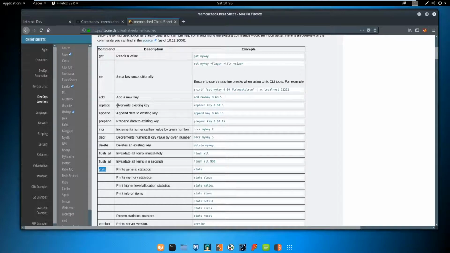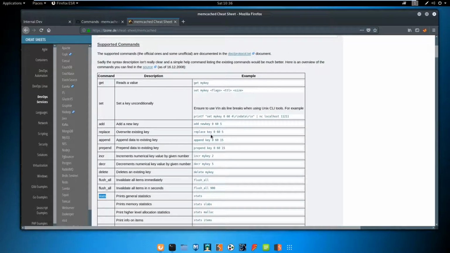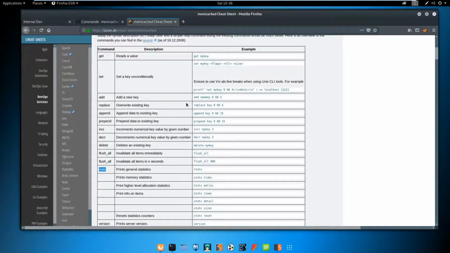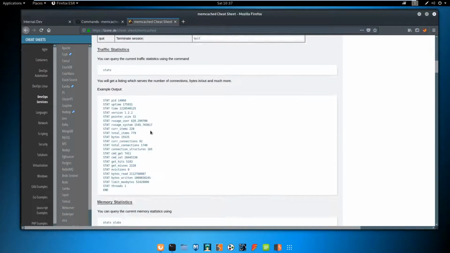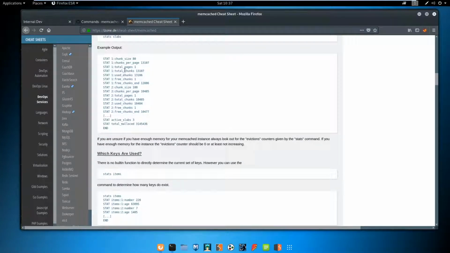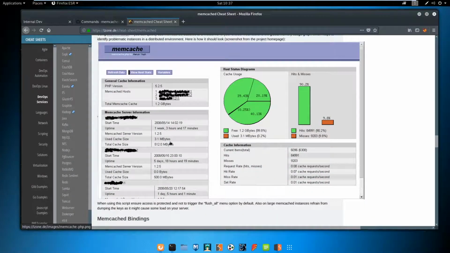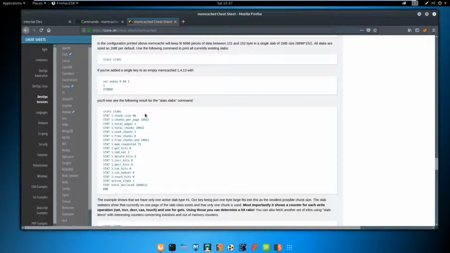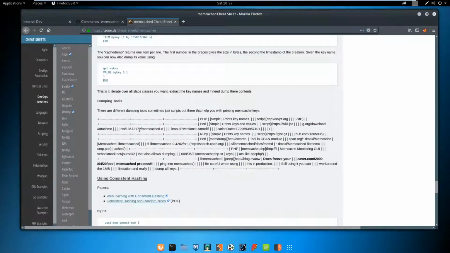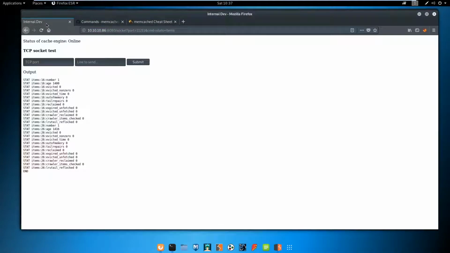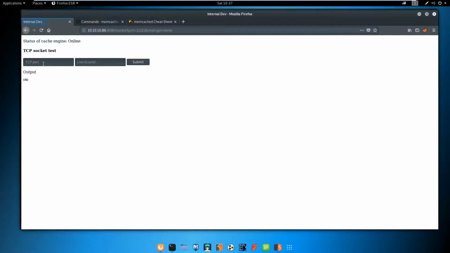So if we go back up to, yeah, that other. Okay, here we go. Stats slabs. That's fine. Set key. Where are all the get stuff? Here we go. So get my key. So the key in this instance is, I believe, here. So if we do 11211 get items, no,